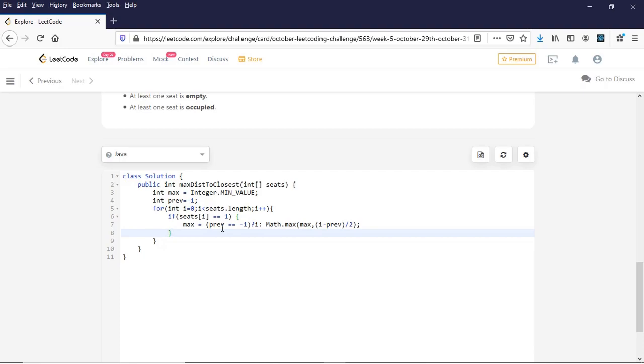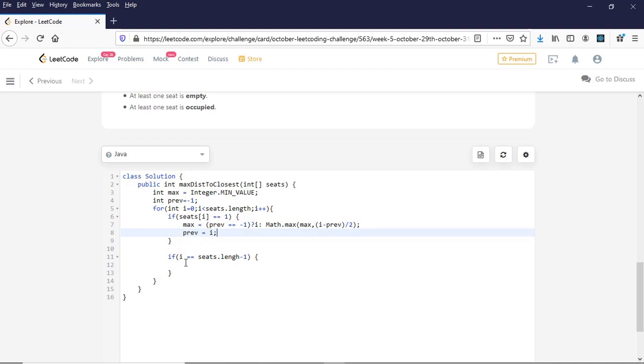For the edge case, we can directly check if i equal to seats.length minus 1. Before doing that, since I have taken the max, I need to reassign the previous to my current i. This is an important step, because once the seat of i equals 1, my previous will now point to my current i.